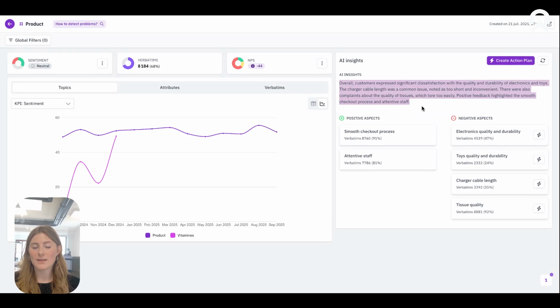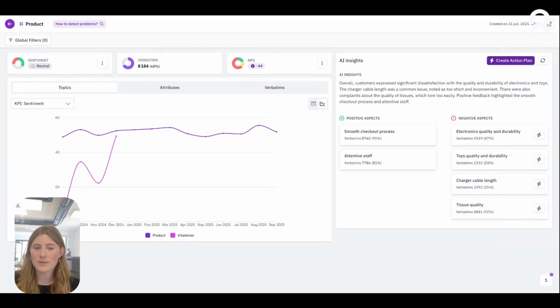So first you will get a summary, as you can see. And then you will get the main positive aspect and the main negative aspect. That's a really quick and easy way to analyze a lot of verbatims in one click. So, and it's not saved. So by default, you will have it and it's just to help you understand where you need to put your focus. And then what you can do if you want to save this, but in a way that will help you understand and prioritize your action, will be to create an action plan,